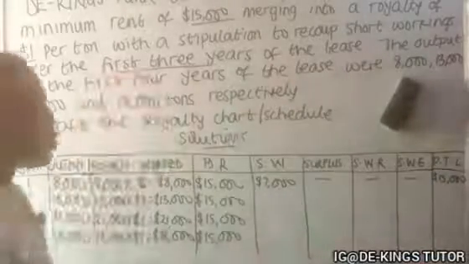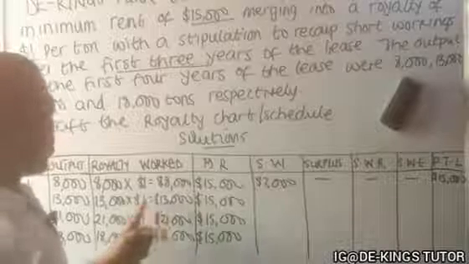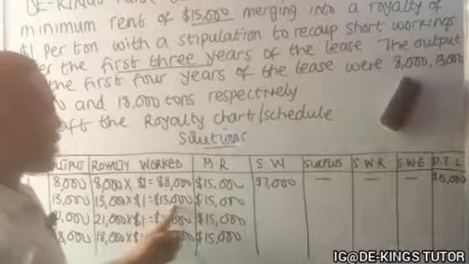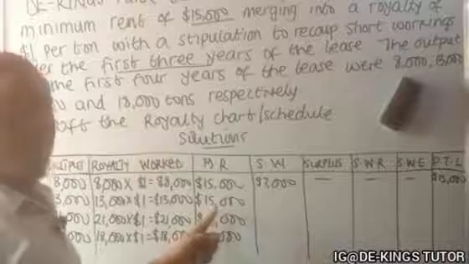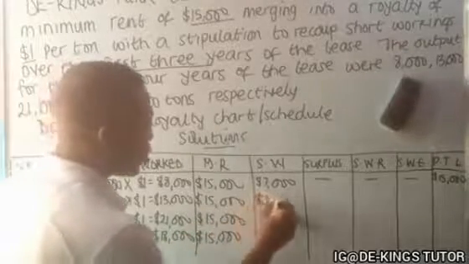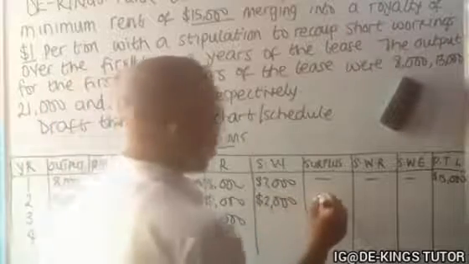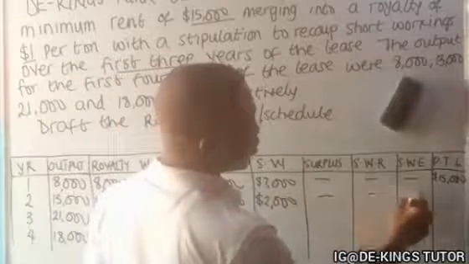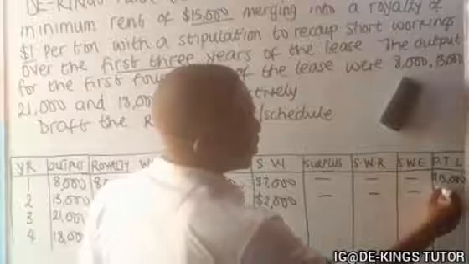Okay, the next one, we have actual of 13,000. Minimum rent is supposed to be paid for 15,000. So the short workings is $2,000. No surplus, no recoup, no elapse. They will not pay anything less than